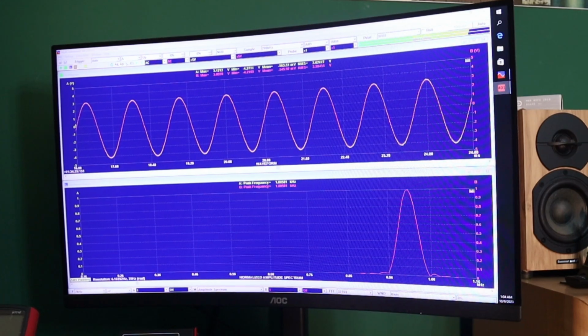Hey guys, it's Danny here of Class D Power Amplifier project, and in this video, I would like to share to you my experience of using the PC-based DSO2820. This is the one at my back, at my left, and the other one here is the QA401 from